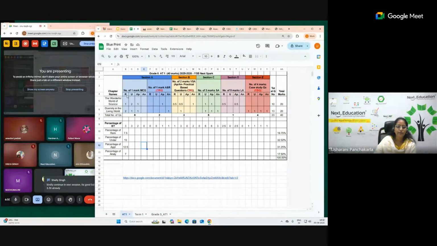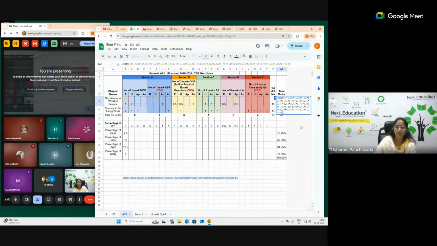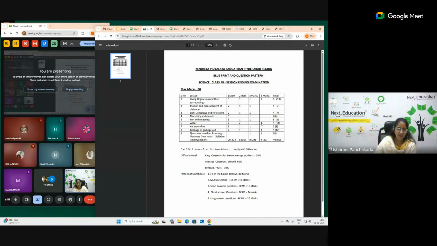So this way we are giving. Here you can see the remembering, understanding, application, analysis in each and every section. That is where the data will be captured, and you will be getting the complete summing up of all the marks here. And from here also you can see that this has been captured, and then this percentage is coming from there. Whatever Kendriya Vidyalaya has, I'm just showing you different samples to say that nothing is complete. So we want to create a complete paper and help you guys in creating a blueprint, and then go ahead with creating the question paper. That will make your life easy.